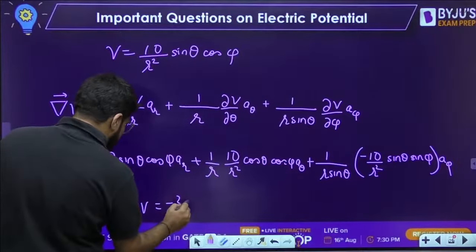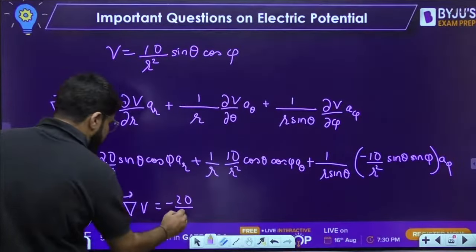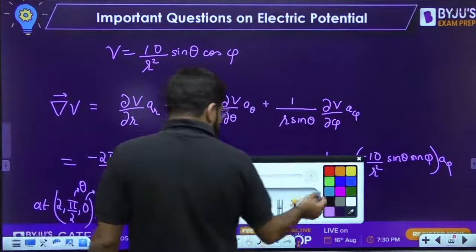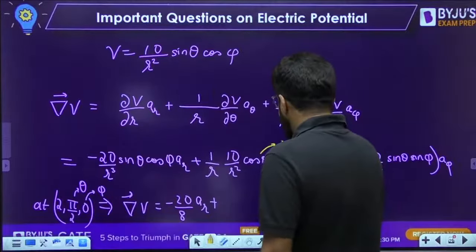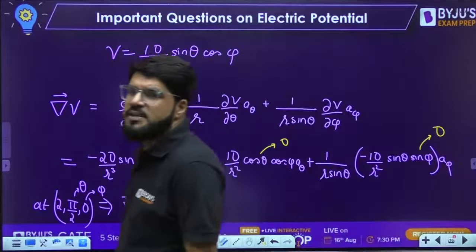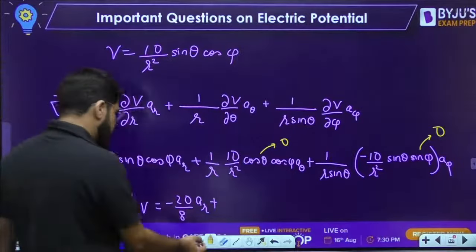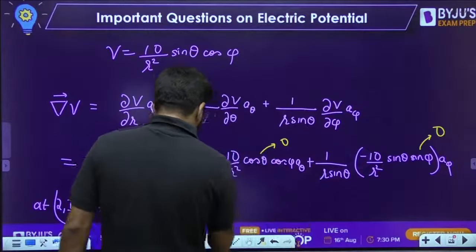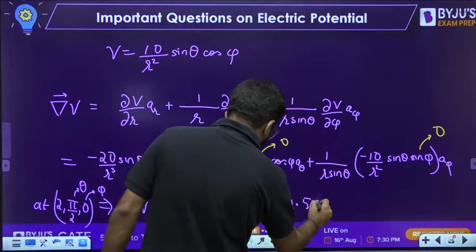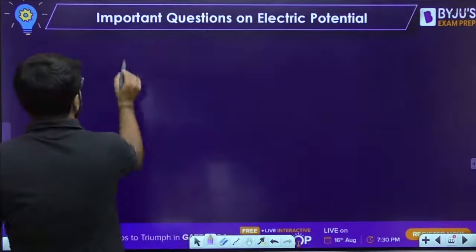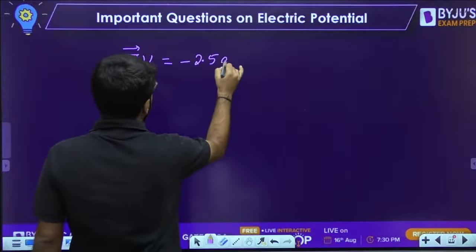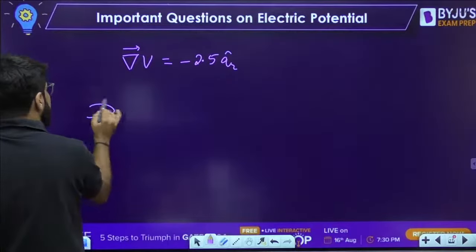So the first term will come, minus 20 by r cube. r is 2, so r cube is 8. Then ar, but cos theta, now theta is pi by 2, so cos theta will be 0. In the next term I have sin phi, and because phi is 0, sin phi will be 0. That is why the next two terms are not required. Next two are just 0 and 0. So I have minus of 20 by 8, minus 2.5 ar. That is only the gradient. So we have obtained the gradient of V as minus 2.5 ar, and then we were asked with epsilon